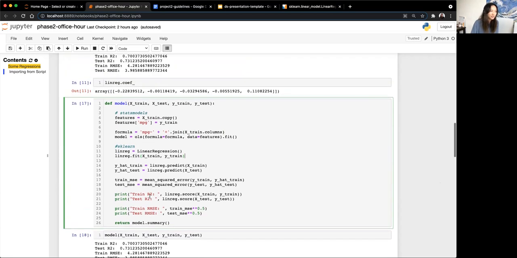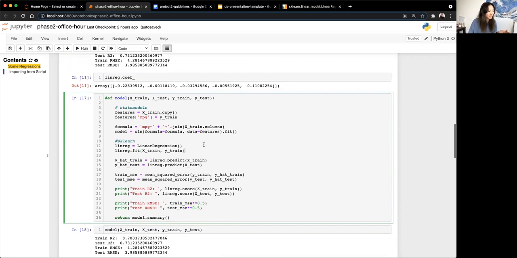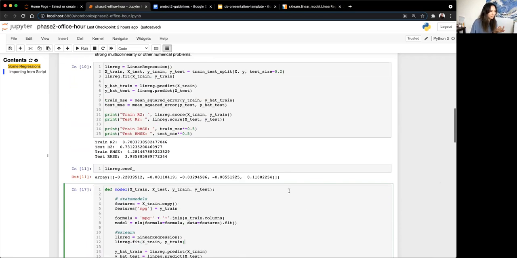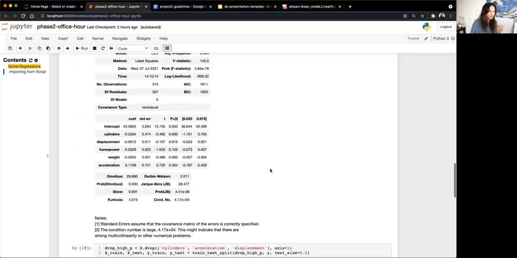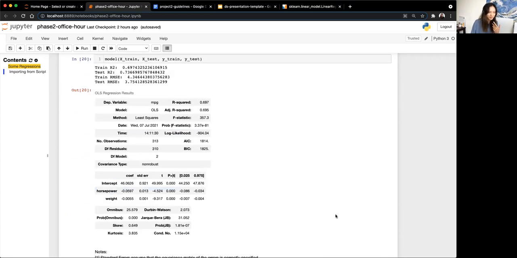So now I know that this function works perfectly fine, right? It worked on the initial data. It also worked on the data where I dropped some insignificant values, and it's still able to give me results. I'm not going to talk about evaluation too much at this point, but I know that this function works. So now that you know the function works, what you can do is actually take your function and put it